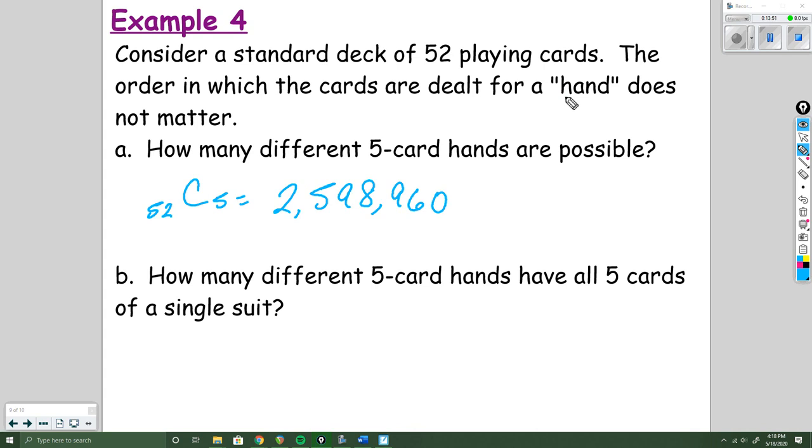All right, if we take a look at B, how many different 5-card hands have all 5 cards of a single suit? We could break this scenario down in a couple different ways. One way to think about it is we've got to first choose the suit. So we have 4 different suits. So that would be 4C1. Okay, and then after that, once we choose a suit, there's 13 cards in that suit, and we're choosing 5. So that's 4C1 times 13C5, which would be